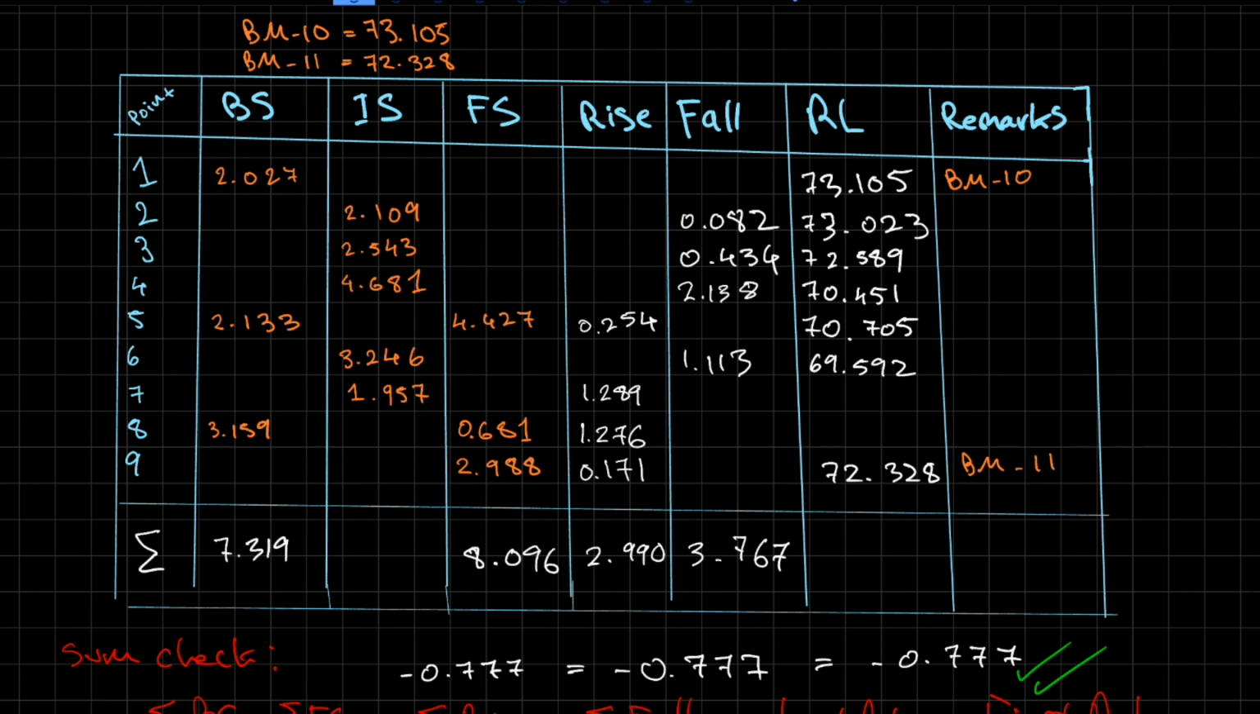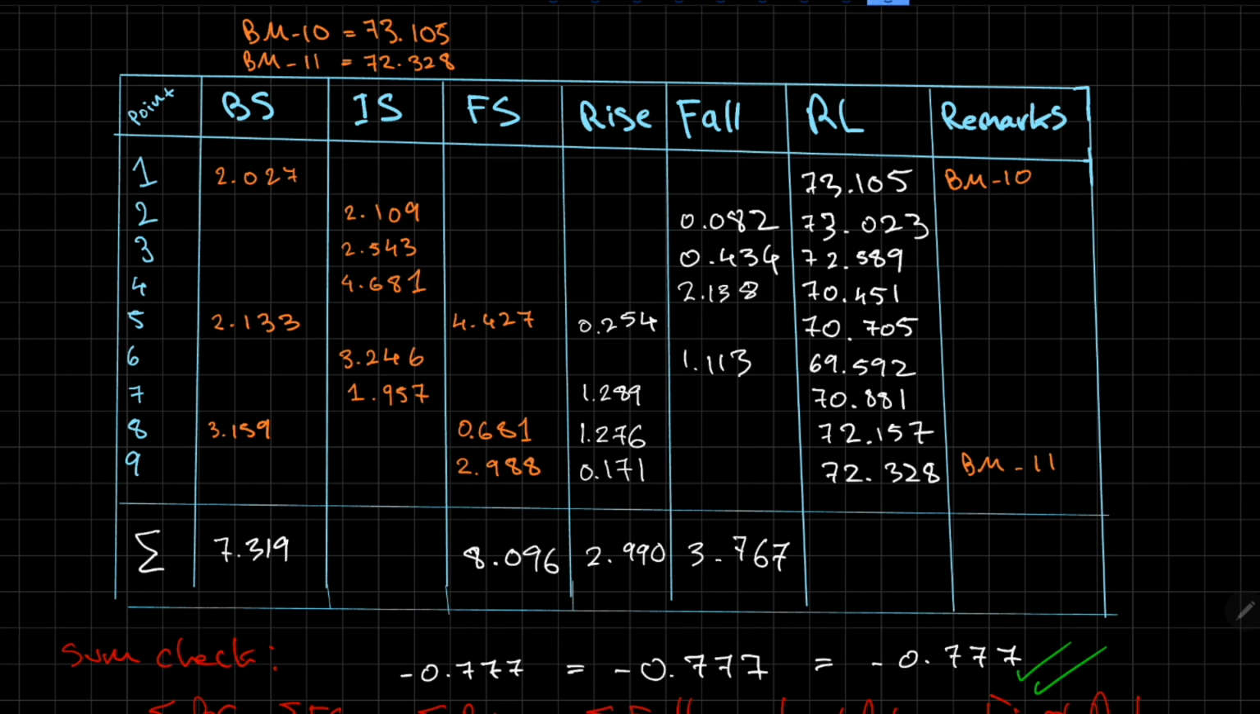So then we get 69.592 plus 1.113, 2.289. I'm going to get 70.881. This one plus 1.276, going to get 72.157. Okay, now